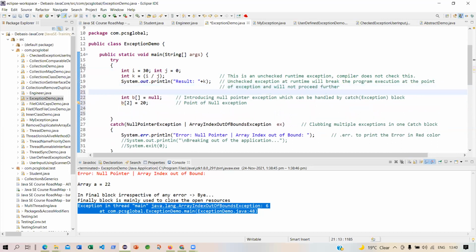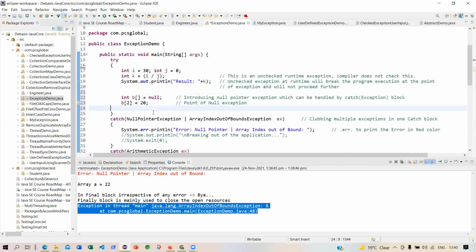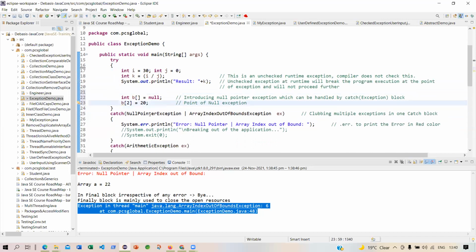So tell me what will happen in this case? It will go to arithmetic error. Because it will encounter this error first. Now it will never go to null pointer exception array because it has got an arithmetic exception.